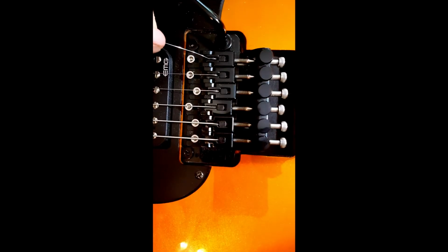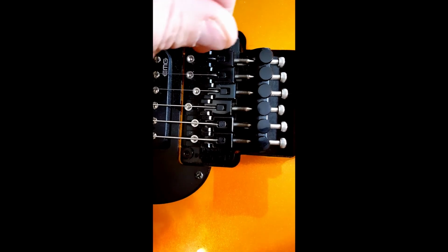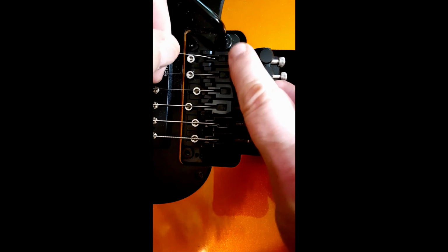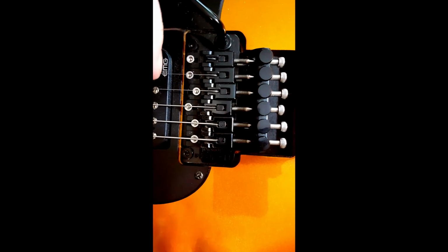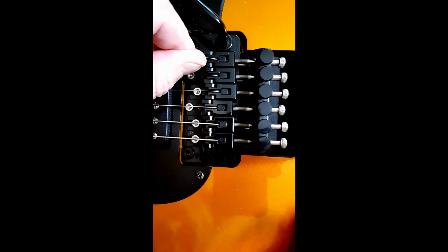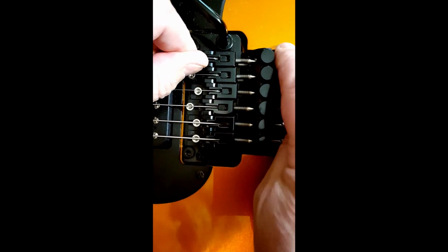Some folks don't recommend it because that winding can kind of break off and not make a smooth connection between that little block and your string. So I pretty much still go with just cutting it at the end and putting it right inside that little slot there. And when you're tightening, make sure again you're just using your finger tight,